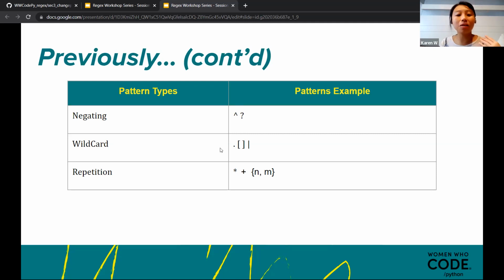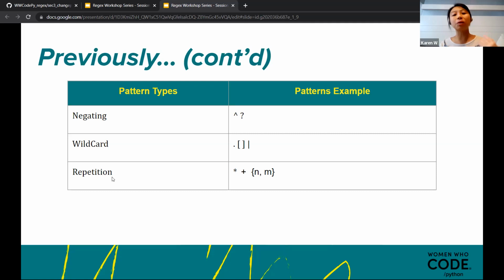Last but not least, on the previous session, we had repetition. If you figure out an awesome syntax or pattern to capture something and you want to do it multiple times, you don't have to type it over and over again, because the way we use computers, we don't want to repeat all the stuff over and over again.